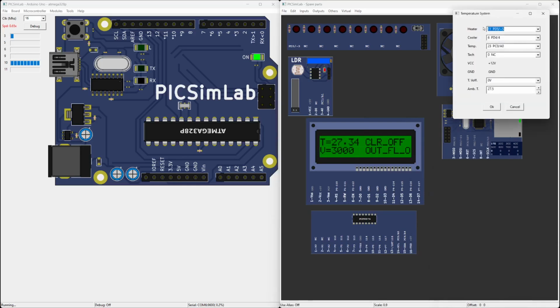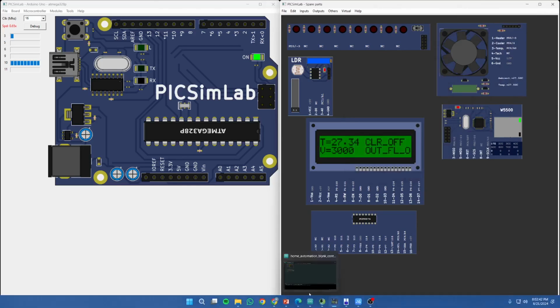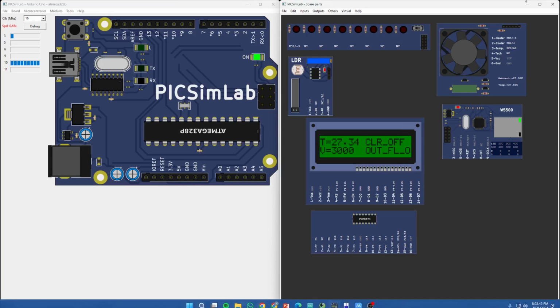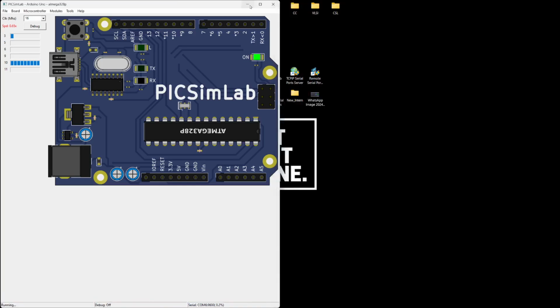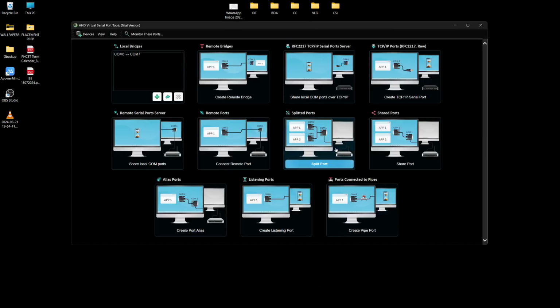Okay, so moving on. Now, in order for the spare parts and the Arduino Uno to connect to each other and get synchronized properly, we can use an emulator, which we call null emulator. But for this, there's also an alternative which we were taught by Ms. Jayalakshmi ma'am, that we can use HHD virtual serial port tools. So what I've done is I have linked COM6 and COM7 together, so that there forms a local bridge between